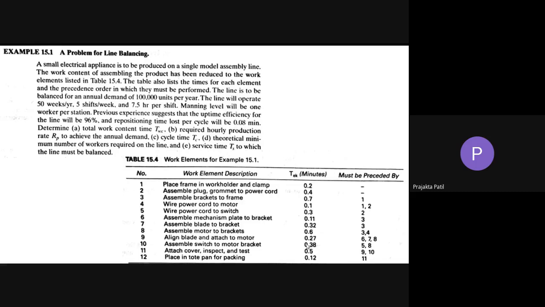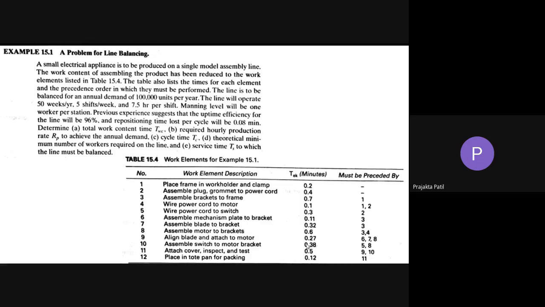This particular problem is very important because all the line balancing algorithm problems, all the different methods that we will be coming across, are explained by taking this one example. So make sure that you have this problem statement, rather the table, with you. You'll have to refer to it again and again.